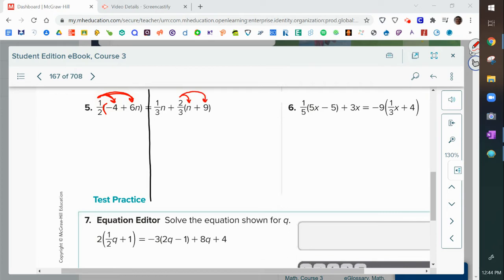So 1/2 times -4, well, that would give me -2. And 1/2 times the 6n gives me 3n. We can bring this 1/3 n down. And now we're going to distribute the 2n. So we get plus 2/3 n and plus, now what's 2/3 of 9? 6. If you don't know how to do that, review your multiplying fractions or learn how to type it into